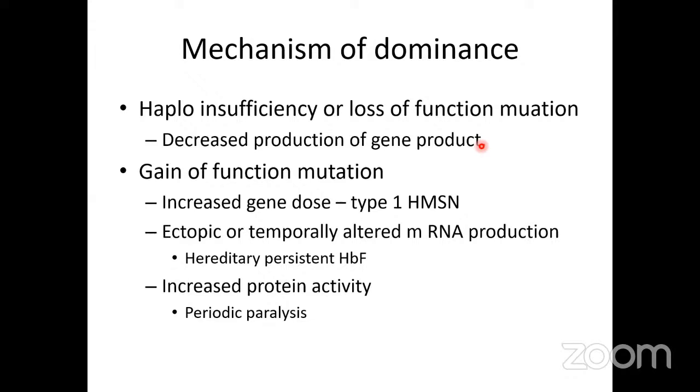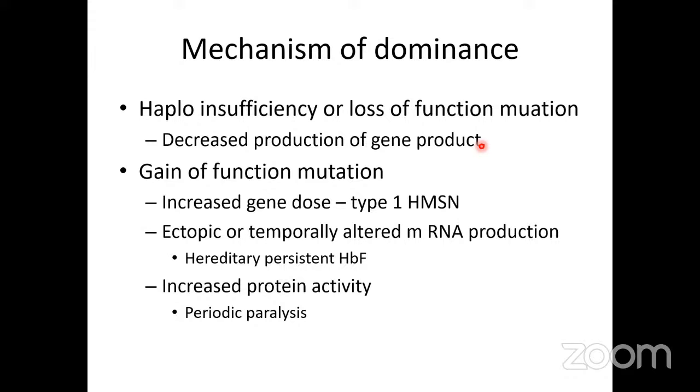There are various descriptions or various causes for that. The first is haploinsufficiency or loss of function mutation. For example, though we say if there are two genes, one gene is active and another gene is not active, it's not so practically. Because of the decreased production of gene product, because one gene is mutated, it can lead to dominance. Or gain of function mutation, increased gene dosage, or ectopic or temporally altered mRNA production. For example, hereditary persistent HbF,